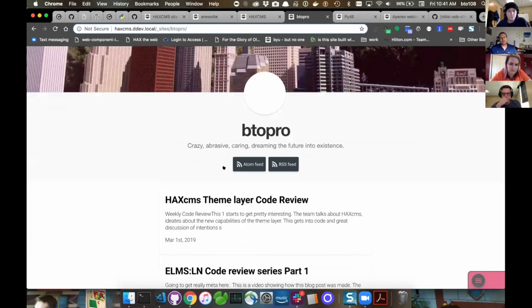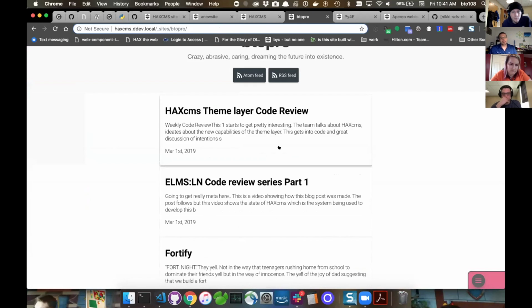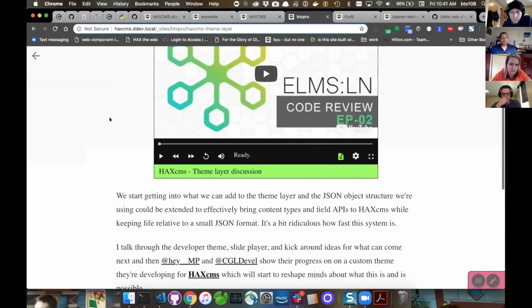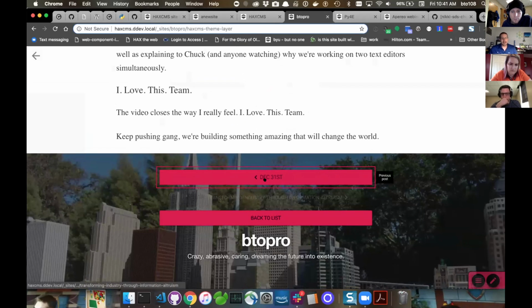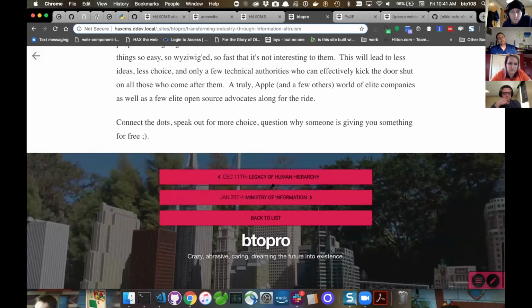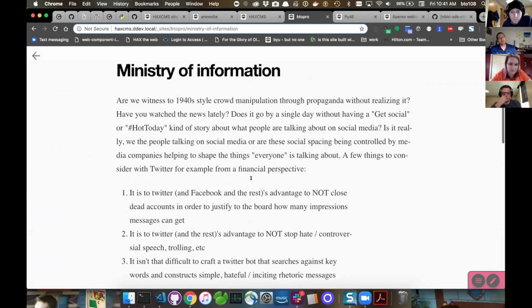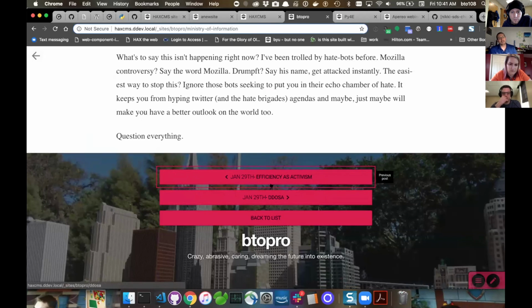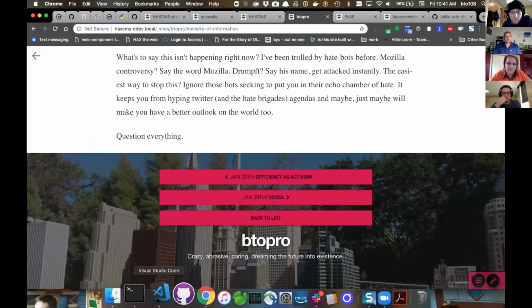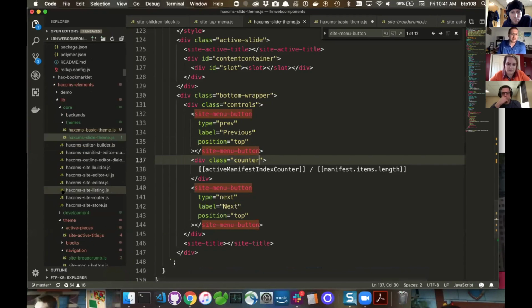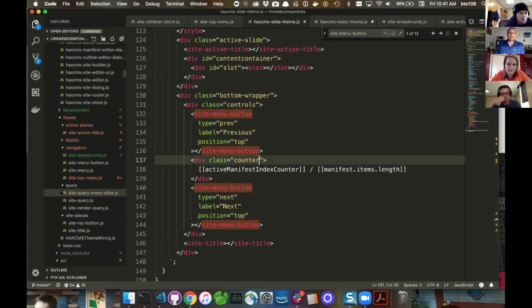On BTO Pro, or the blog theme, I go to our code review from before, we can see that is actually the same button. So this goes to the previous post. There's the scrolling back up to the top being triggered based on context changing. You can see that this is over to the side, but it is fundamentally the same button. And so using this paradigm of not a lot of